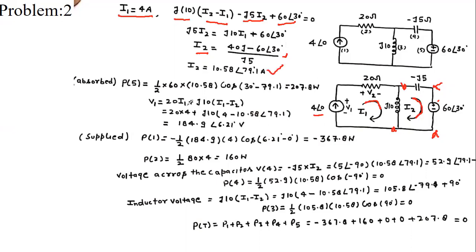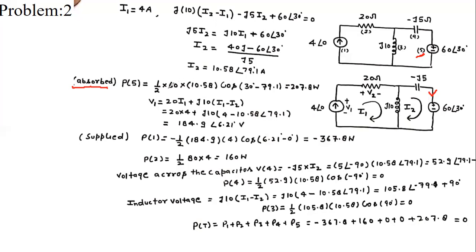Okay, so now first we are finding the power P5. P5 is this source. In this source we are assuming the current flows from positive to negative terminal. So this is an absorbed power. Power is delivered when the current enters from negative to positive. But here power is absorbed, so this is shown as absorbed power, and absorbed power is always represented by the plus sign. Always remember.